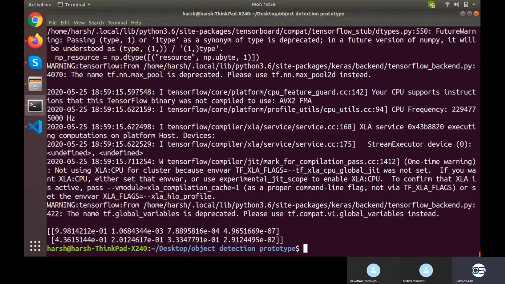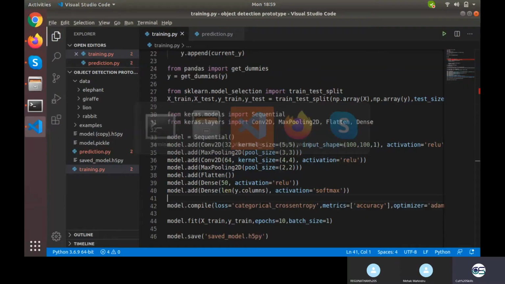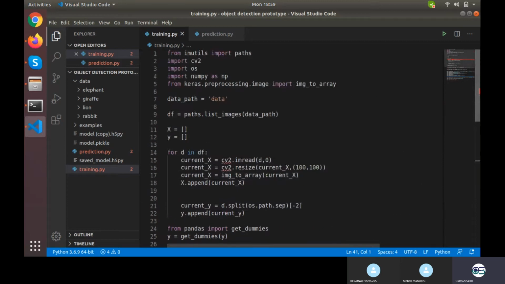On the second part it gave 4.3, or simply 0.4, because it is having e raised to the power minus 0.1, for giraffe again. So it is slightly overfitted for giraffe. Because we don't have data, we cannot say why it is overfitted, why it is underfitted, what to do, what not to do. If you do not have data, you cannot do anything with your model.